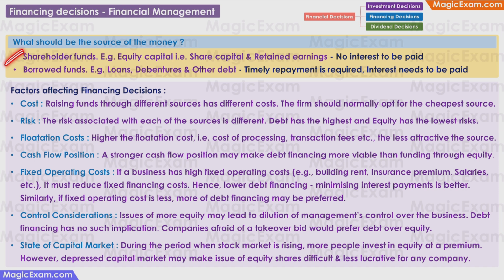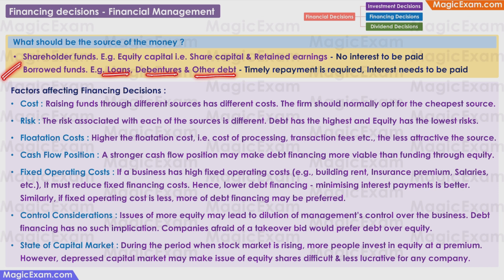through retained earnings, that is retaining the profits that would have been otherwise paid to the shareholders as dividends. The advantages here are that no interest needs to be paid on this money and there is no obligation to return the money. The business can also raise money through borrowed funds, that is loans, debentures or other forms of